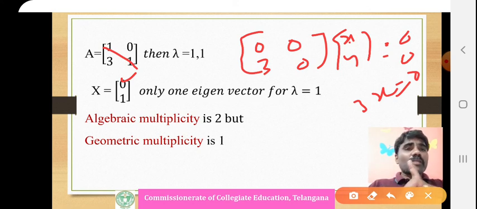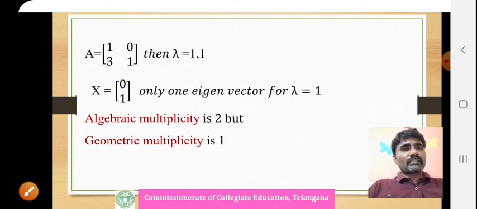But here, for lambda equals 1, the algebraic multiplicity is 2, but the geometric multiplicity is 1. Here we did not get 2 linearly independent eigenvectors. This is a very careful observation. Only one independent eigenvector we will get here. This is very important for diagonalization of a matrix. That is the next topic, which is more useful. In such a way, we can determine the geometric and algebraic multiplicity of the eigenvalues for a matrix A. These are the important properties of the eigenvalues and eigenvectors of the given matrices.